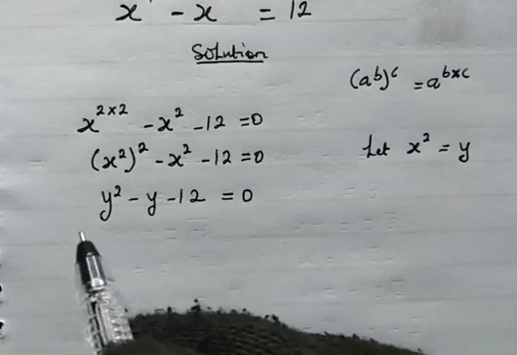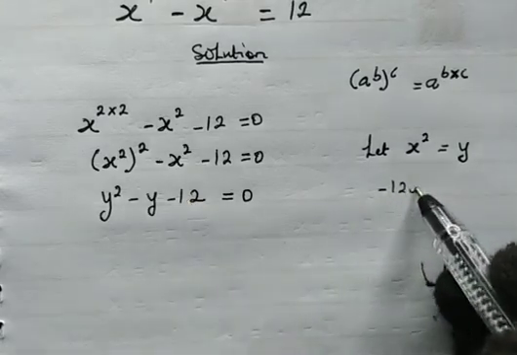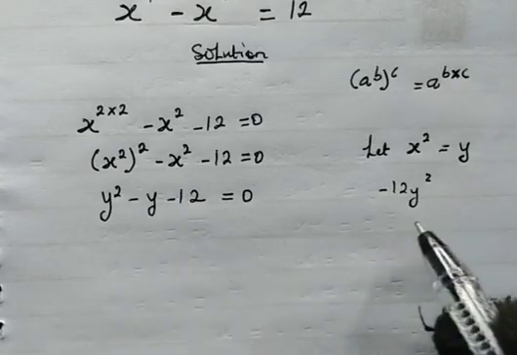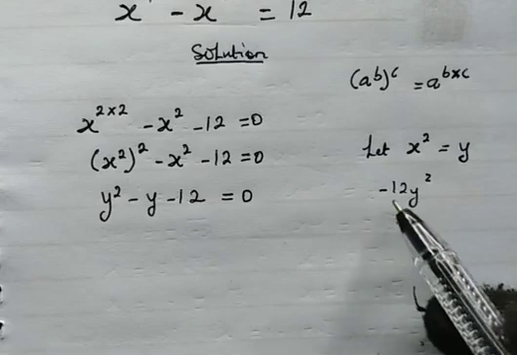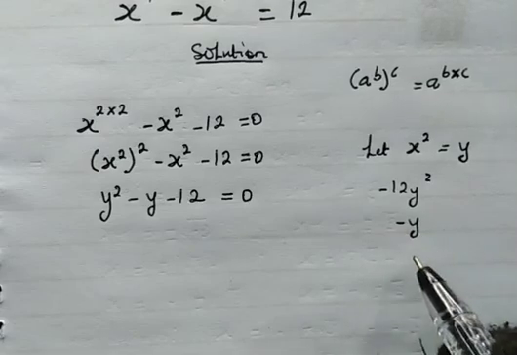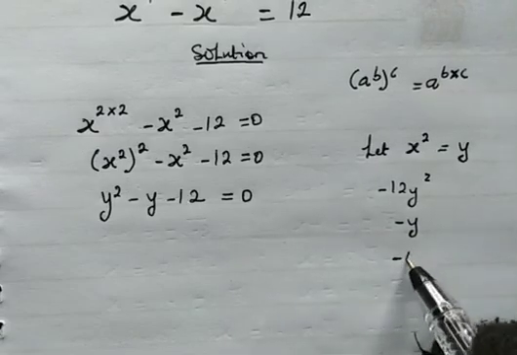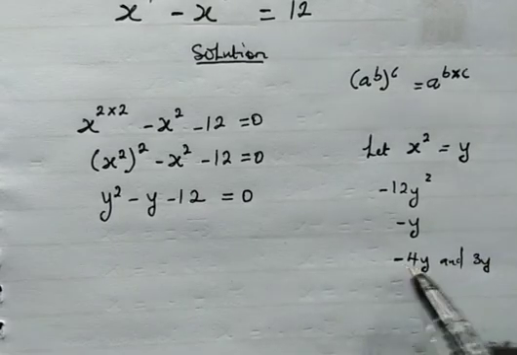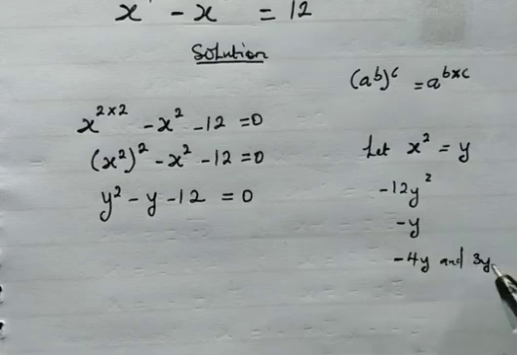So we need to take note that if you multiply this first term by the constant here, we have negative 12y squared. And here we have the second term as negative y, right? So here we're going to find two terms whose product will give us negative 12y squared and whose sum will give us negative y. So the two terms we're expecting will be negative 4y and 3y, right? So negative 4y times 3y will give us negative 12y squared, and negative 4y plus 3y will give us negative